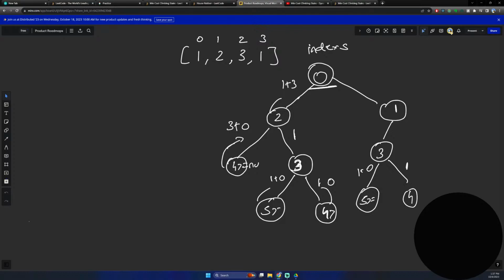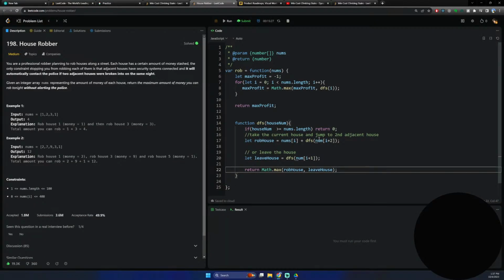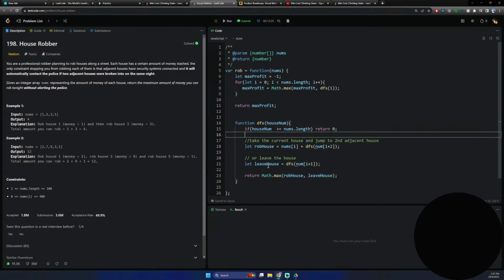So here 0 and 1. So what we can do is that we can start storing in a cache. We can also use a cache for us to store these values, right? Okay, so let's say if cache dot has house num, then we simply return,